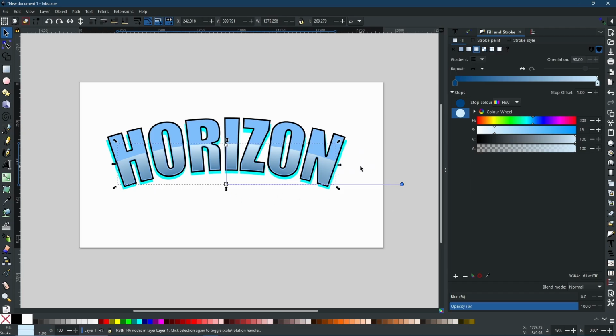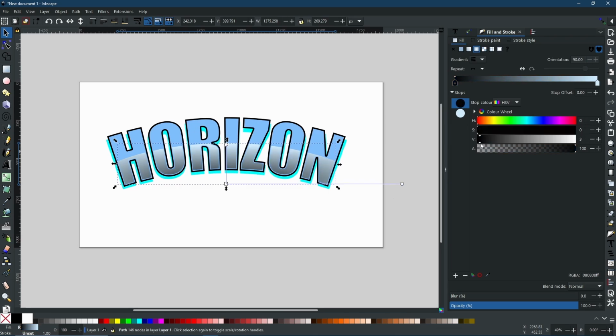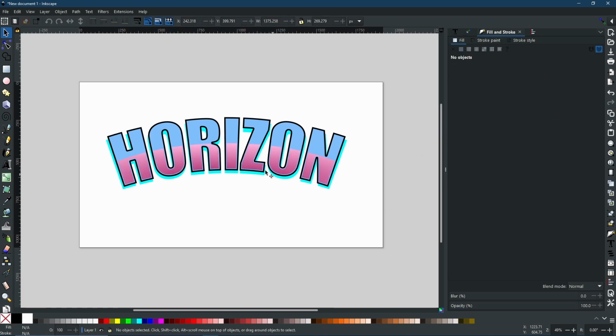So that is how I'm going to leave it, and you can of course tweak the colors if you think it needs to be a lot darker, lighter, or even if you want to change the color to something way different. And as you can see, you can get some very cool effects depending on your color choice. Now for me, I think that looks